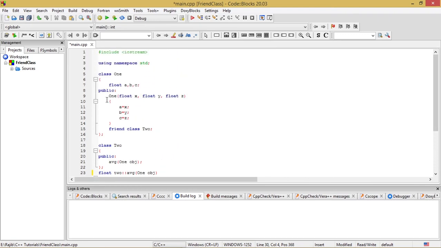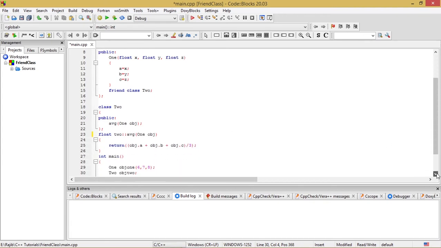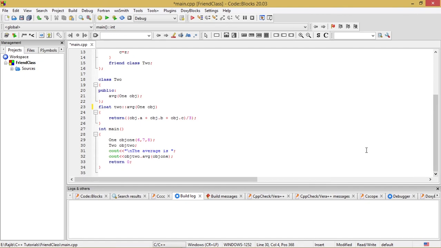Let me show you again. 1 float x, float y, float z. So whatever is the value of x will be assigned to a, whatever is the value of y will be assigned to b, and whatever is the value of z will be assigned to c. And when the object obj1 has been created, the constructor is automatically invoked. That parameterized constructor defined above will be automatically invoked with the help of these three actual arguments, and 6 will go to a, 7 will go to b, and 8 will go to c of the object obj1 of class